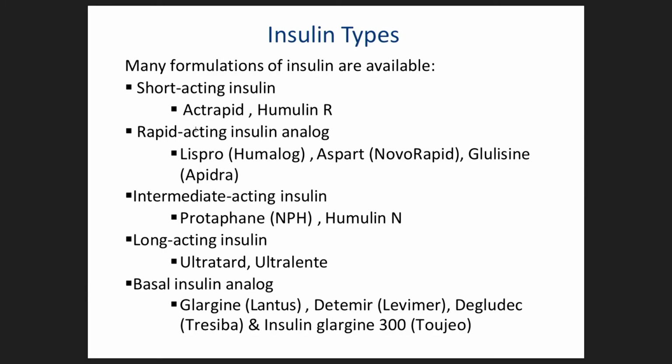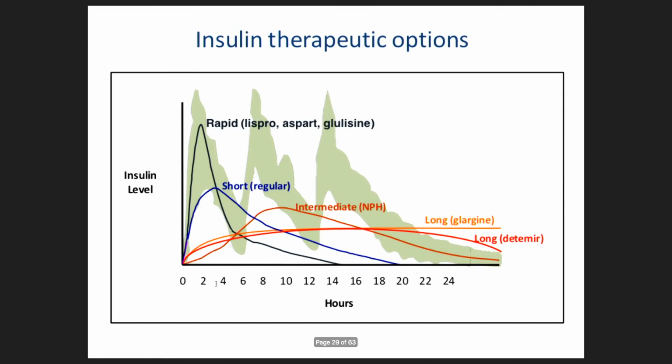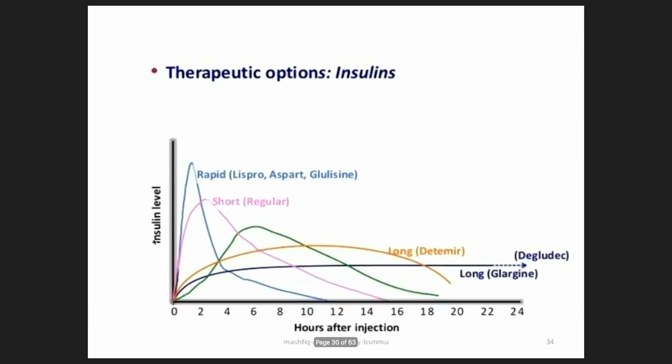And as I mentioned, the first 2 categories, short-acting and rapid-acting, are bolus. The remaining 3 categories, intermediate and long-acting basal analogs, are called basal insulin. The doctor should select one choice from the bolus insulin and one choice from the basal insulin. The patient should have 2 types of insulin: one for food, and basal insulin for maintaining euglycemia. If you see this slide, as I mentioned before, we have rapid-acting insulin analog or short-acting insulin.